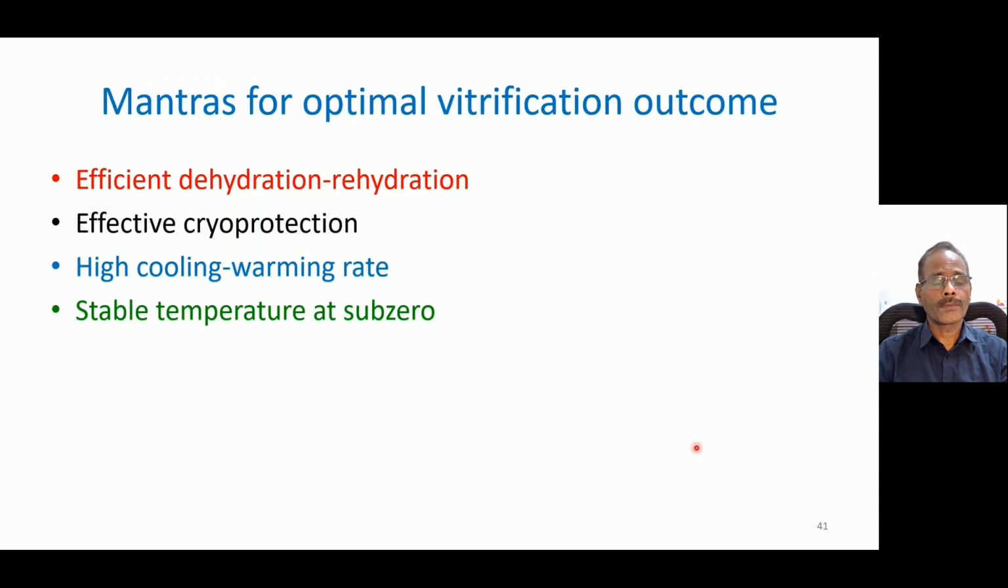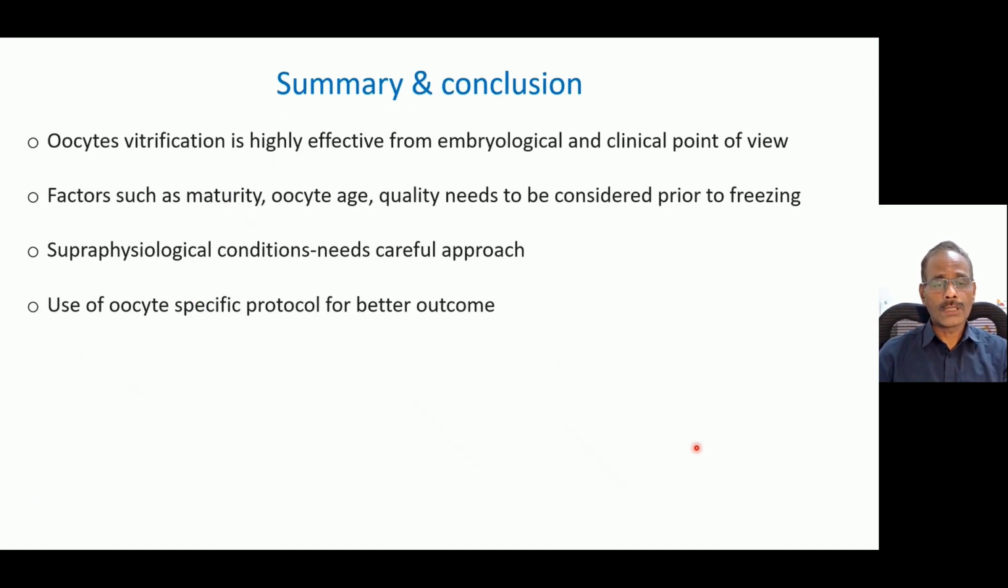So far we have discussed the biology of cryopreservation, vitrification, and the key factors responsible for vitrification outcome. These are the four major key points responsible for the vitrification outcome: the efficient dehydration and rehydration, the effective cryoprotection, the high cooling and warming rate, and stable temperature at sub-zero. If all these four factors are considered carefully, then one can attain a very good outcome with